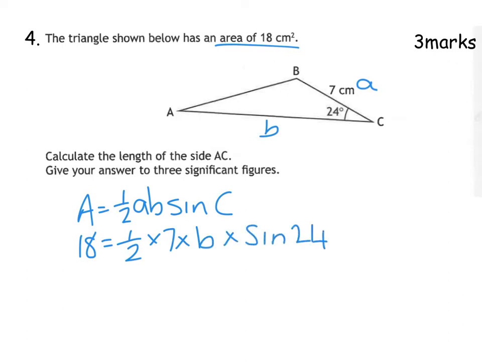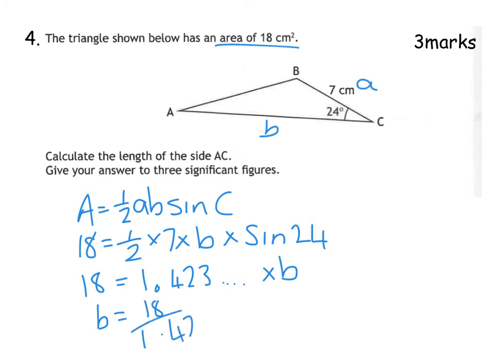Okay, now from there, there's 2 different ways to go. We could do completely changing the subject, or we could just do a half of 7 times sine 24. A half of 7 times sine 24 is 1.42 something. So I've got 18 equals 1.423 and so on times b. And then b will be 18 divided by that number. So 18 over the number. Now I'm keeping that full thing in my calculator. And I'm just going to do 18 divided by my answer button. And it gives me